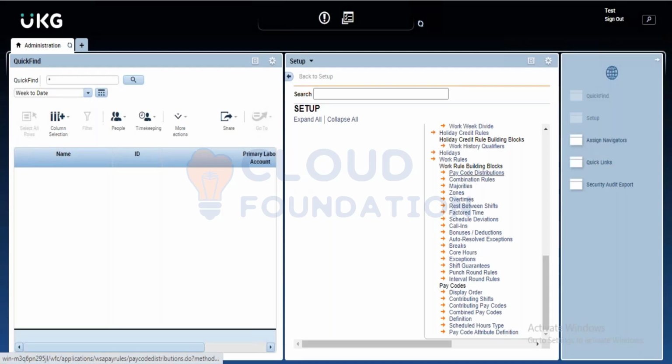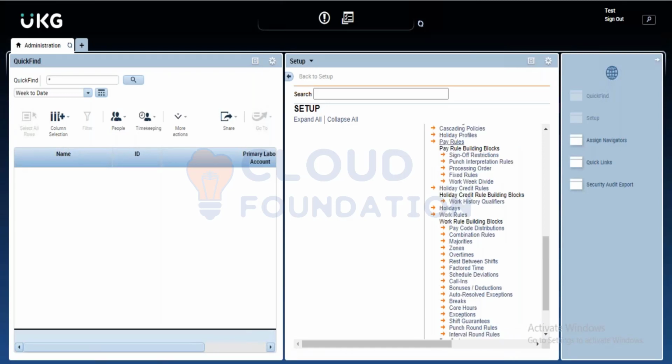These are called building blocks, and you have to set these from bottom to top. Once you set all of these, you don't have to set every block, like you don't have to do columns, you don't have to do core hours, etc. But there are some important things that you need to set up, so that creates a work rule that goes here. Once this work rule is set up, you can use it to transfer, and this work rule can be assigned to a pay rule which is assigned to an employee, and this is how this employee gets interpreted,